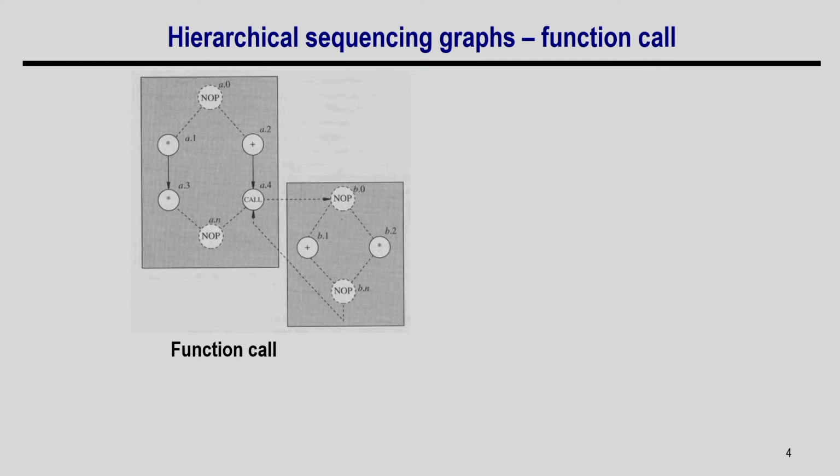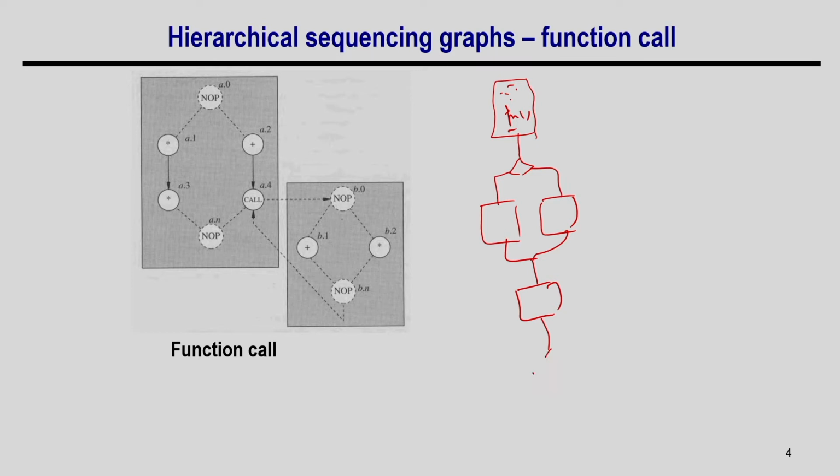So, first we will understand what a hierarchical graph is. In a C program, you write a sequence of lines of code, and then you have a function call here, right. So, you have some code here, you have a function call, then you might have a branch, where you do certain things here and there, then you come back and do something here. Then suppose you have another condition, and you do some set of operations in a loop. So, this is the loop, and once the loop ends you do something, right.